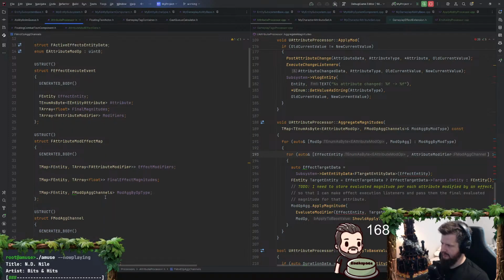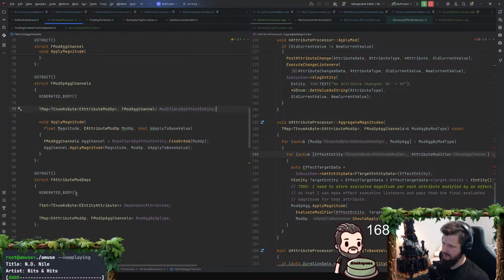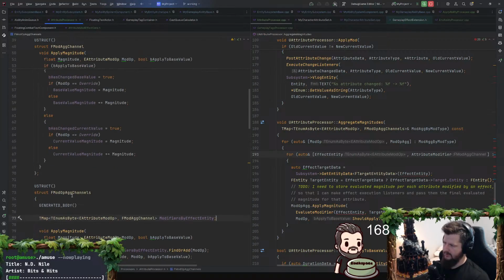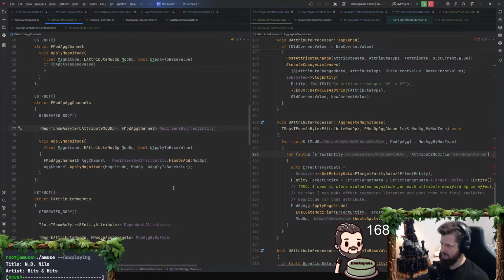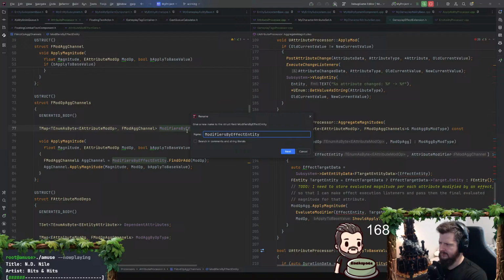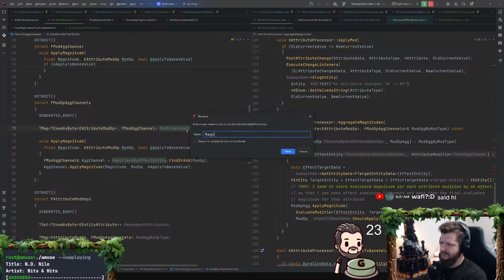So really, we could just put this in line. We could just put another tmap of tmap. And then change this. This is now aggregation magnitude channel aggregation.